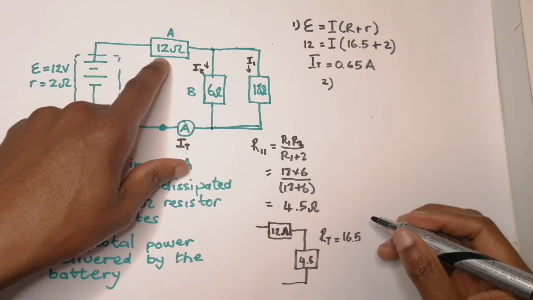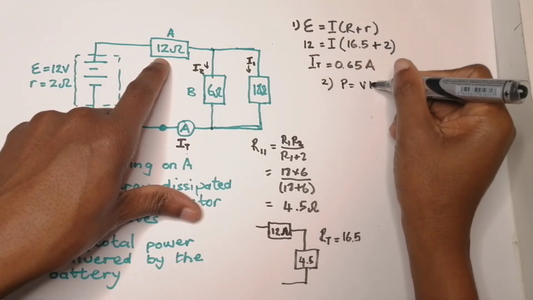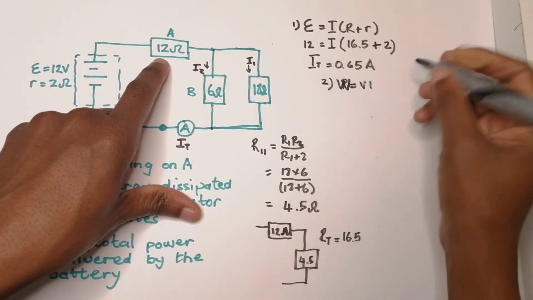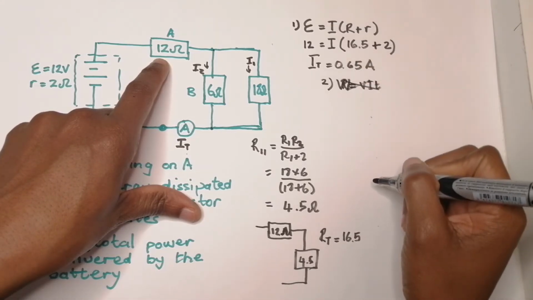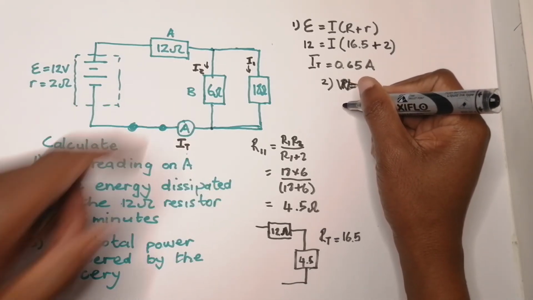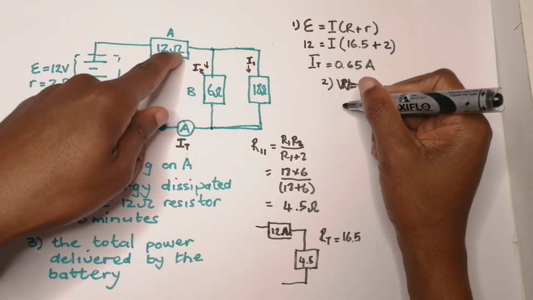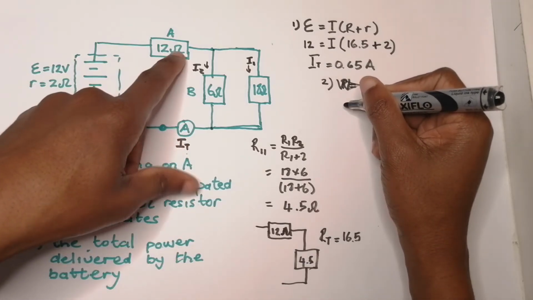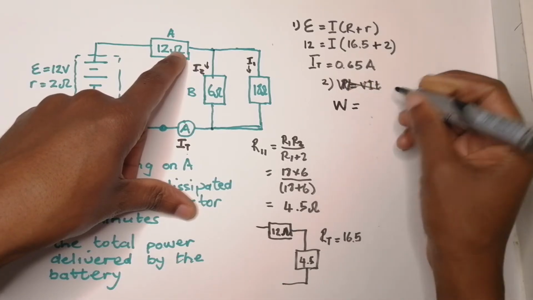No, I don't. So we're looking for energy, and I wouldn't want to use an equation where I would have to use voltage. So this one would be a no-go. But I would say, well, what do I have about the 12 ohm resistor? I know the current that's passing there, isn't it? Because it's the same current as that current that passed there. It's the total current. So now I'm going to say, well, it means the energy dissipated by the 12 ohm